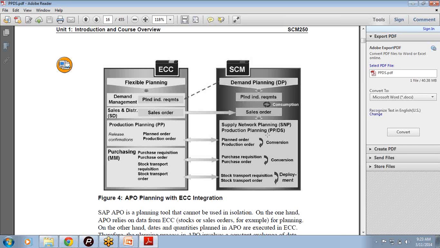Okay. So when we are planning with SNP and PPDS, we are creating planned orders, we are creating purchase requisitions, and we are creating STRs, that is stock transport requisitions. I'm repeating it: when we are planning with SNP or PPDS, we are creating planned orders, purchase requisitions, and stock transport requisitions. And then what happens is